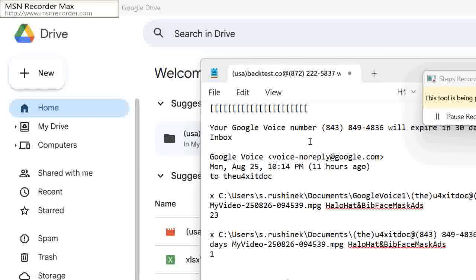So I'm going to click the square green button on MSN Recorder Max that says stop to stop the MSN Recorder Max first, and then I will